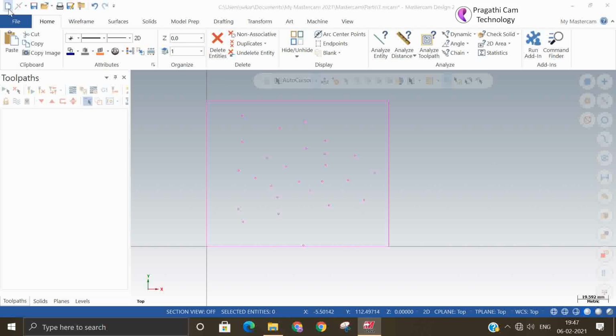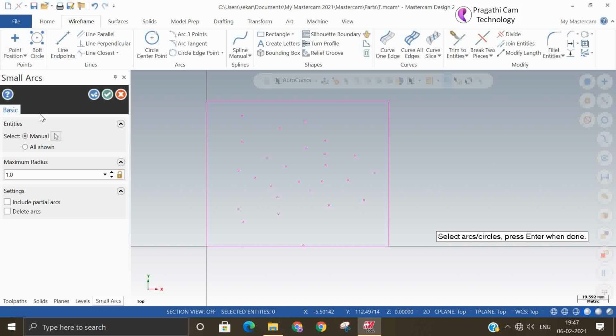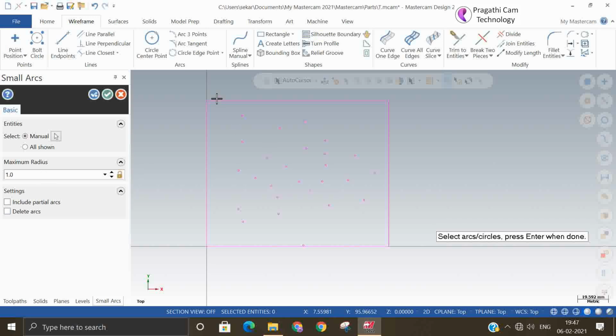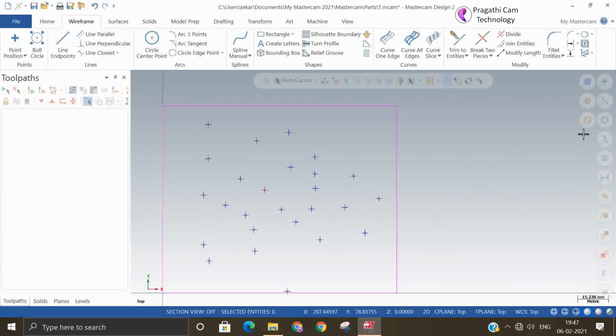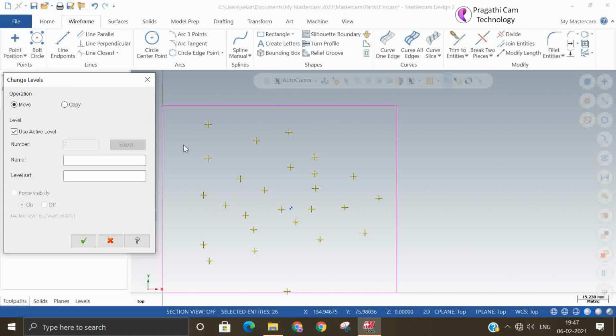This means that it removes the circle and creates center points. Okay, so now you can select, you can give the diameter one, maximum radius 1. So you select the entire thing. Okay, enter. Now you can see that inside the circles, the points are generated. Now you can select all circles and put them in a layer and use these points for the drilling option.